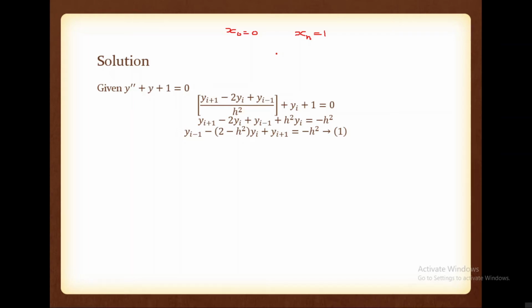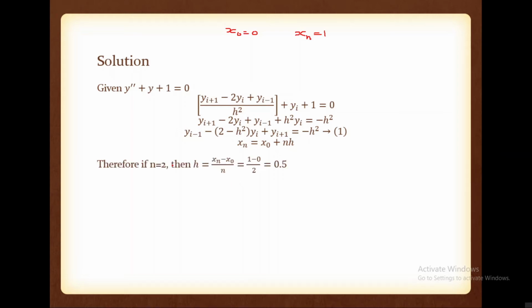Before that, to explain this problem, take n equal to 2. Please note, this is x0 equal to 0 and xn equal to 1. What is the relation between xn and x0? The relation is xn is equal to x0 plus nh. By using this equation we can find h. So first we have to fix n. I told you to solve this problem with n equal to 4 as homework. So here take n equal to 2.